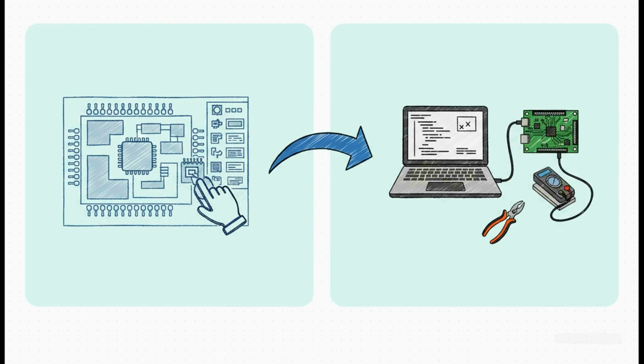The best way to think about this tool is like your project's architect. It's a graphical tool where you literally click to set up your microcontroller. You assign pins, configure clock speeds, enable peripherals, all visually. Once you've designed that configuration, it spits out all the startup code for you. Then, you take that project and you open it up in STM32CubeIDE. The IDE is your workshop. It's where you write your actual application logic, where you compile your code, and where you debug it right on the hardware.